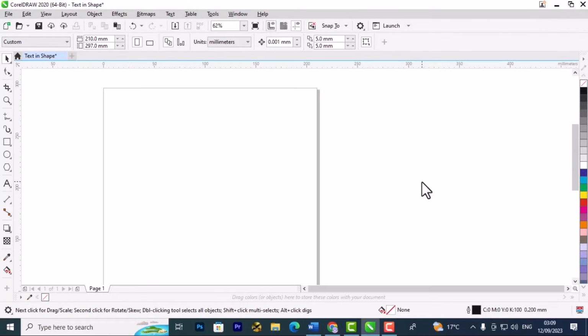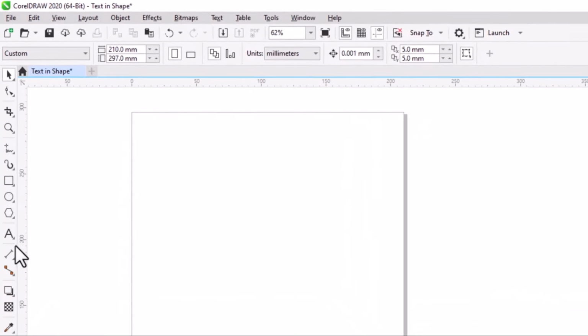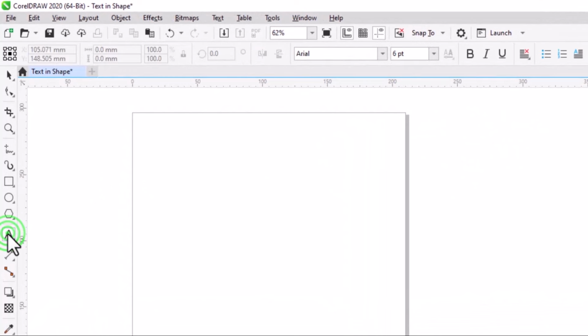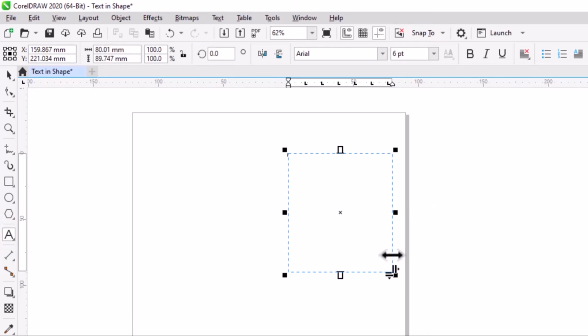Welcome to another lesson in the CorelDRAW tutorial series for beginners. Now, in this tutorial, I'm going to show you how to put text in custom shapes or in letter shapes. So the first thing we're going to do is create a custom shape and then put text in it. So we're going to do a callout, but first let's take the text that you want to use over here. So I'll select the text tool, come over here, click and drag like so,